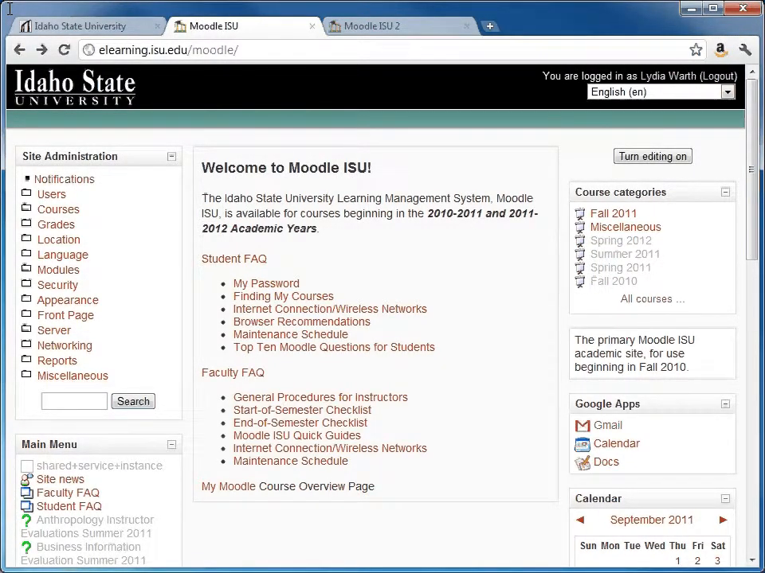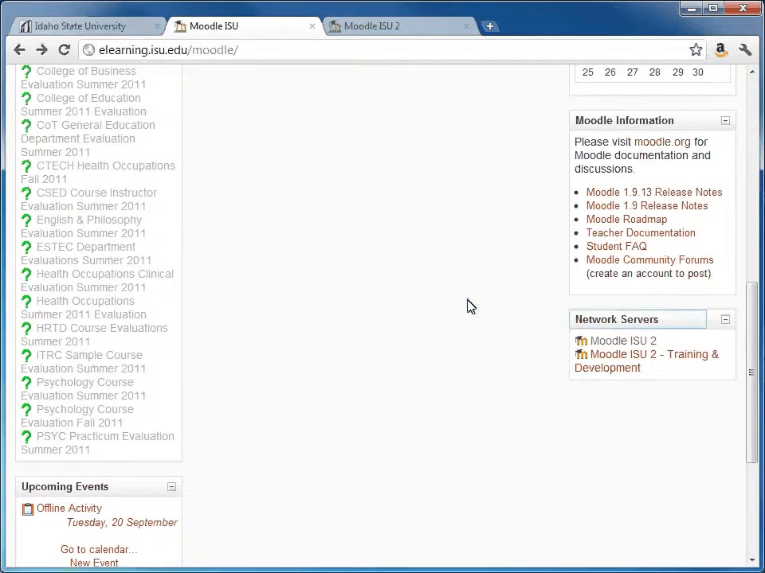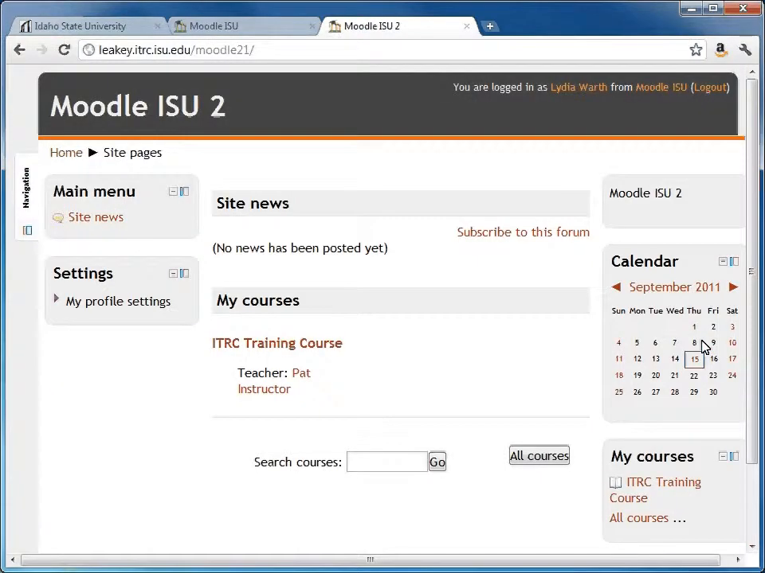To access Moodle ISU 2, you will log into Moodle ISU. Scroll down the page until you see a block called Network Servers. Click on the Moodle ISU 2 link. This will take you to the Moodle ISU 2 server, and you will see any courses that are available to you. This version of Moodle still has the basic 3-column setup with content in the middle and blocks on either